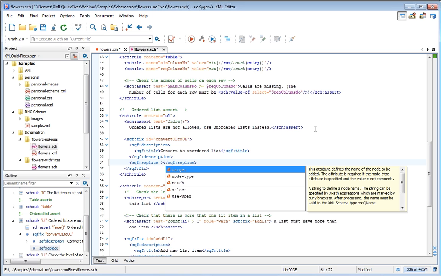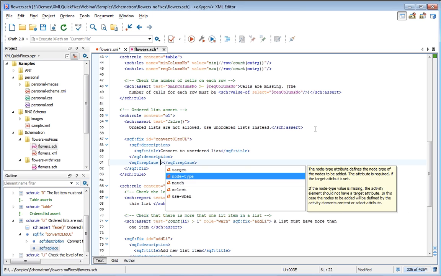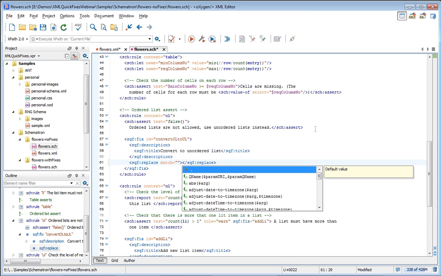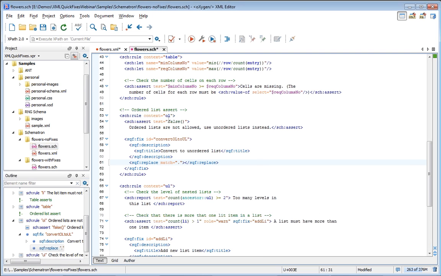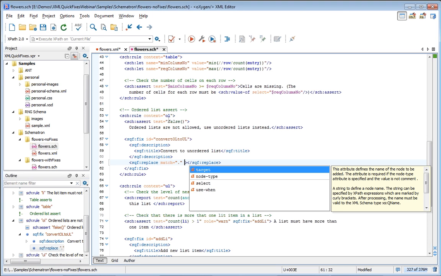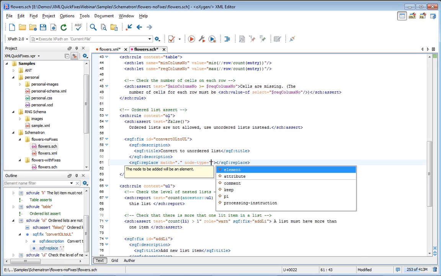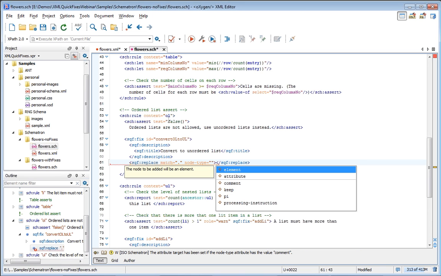Here we can type the attributes. The match attribute represents the node that we want to replace, and in our case we want to replace the current context node from the rule, so the orderedlist, and I'll choose the current one that I want to replace, but you can specify an XPath expression and replace other nodes from the document if you want. Then I want to replace it with an element, so in the node type I'll specify element,